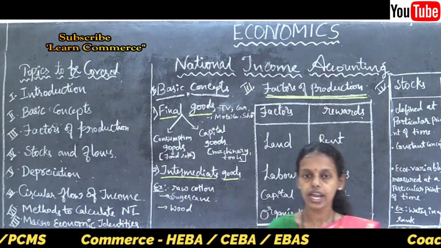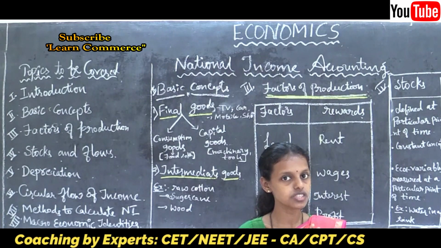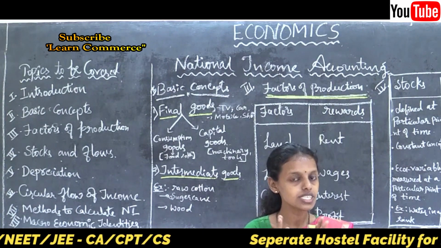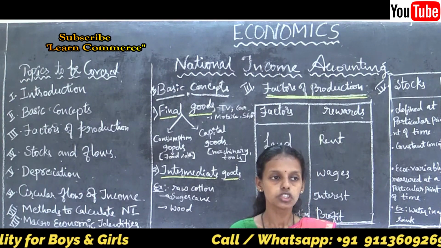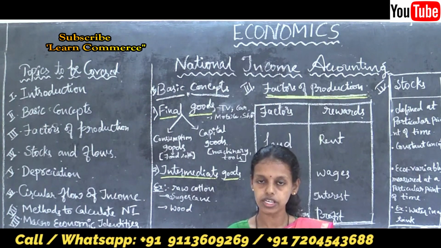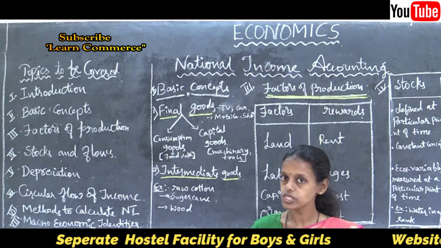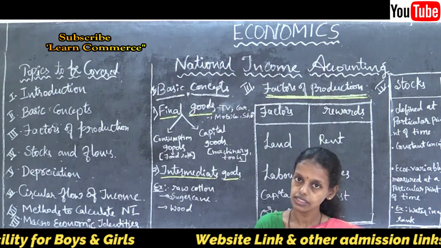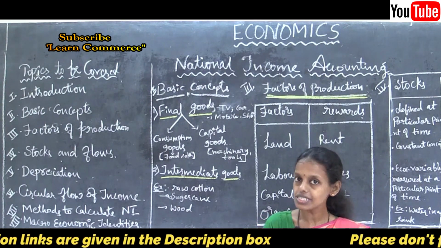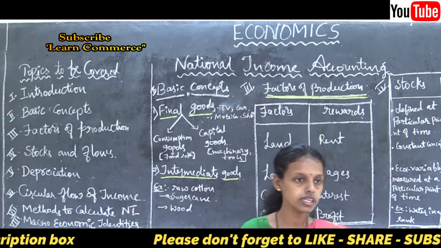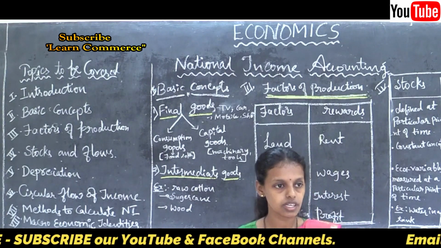For example, 500 rupees is there in our pocket. You are not using it at all and keeping it as it is over a period of time, then it is said to be stock. For example, 500 rupees is there in your pocket. Today you use 100 rupees, tomorrow 100 rupees, day after tomorrow 50 rupees, next 50 rupees. Like that you keep using that money, then it is said to be flow. Flow of income. Understood? Thus stocks and flows are different concepts. Stock is a static concept and flow is a dynamic concept.